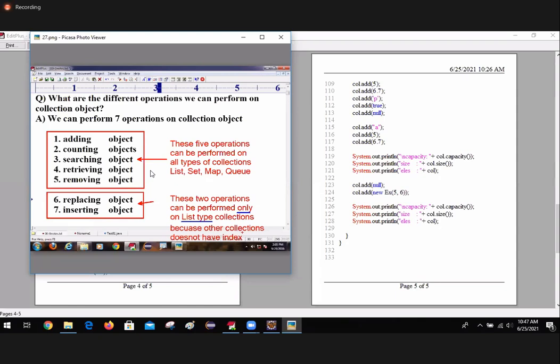Okay, next. Now tell me, what is the other problem of array? What are the other problems of array? Array has totally 5 problems. First problem, type of